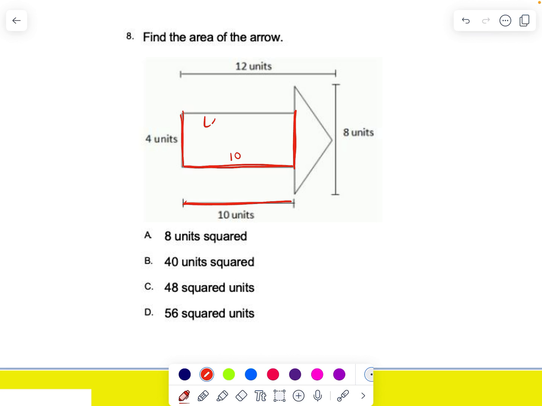So if I use length times width equals area of a rectangle, I'm going to do 10 times 4 equals 40, and that's units squared. So I've already done part of it. So now I need to jump in and do the